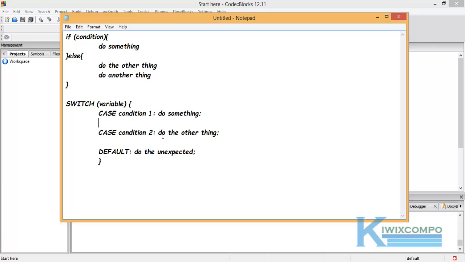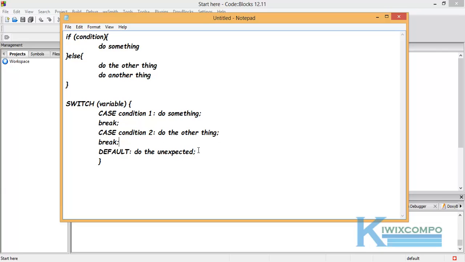So how do you put something to stop? The keyword used to stop this is the break statement. So when you do the case condition, when it achieves case 1, the condition 1, it should stop. And if condition 1 is not achieved, it will pass these first 2 lines and then come to the next line. So we do the break here,